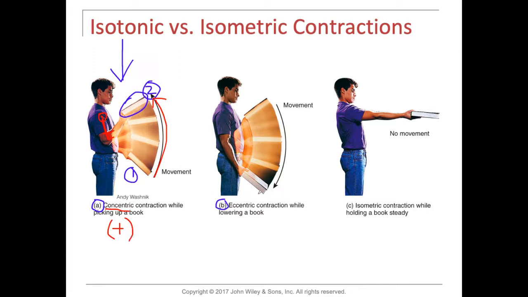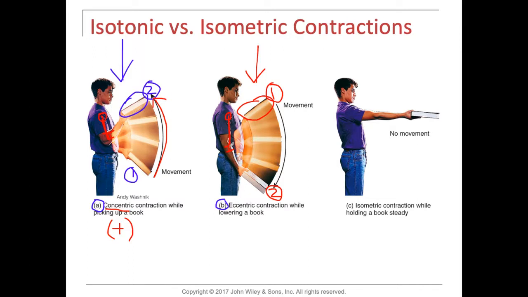In contrast, in B, now the starting position is up here, number 1, and the finishing position is down here at number 2. Gravity is still working downwards, and here they are lowering the load or the resistance of the weight at a slower pace than gravity wants to take it, right? If this was a 100 or 200 pound weight plus gravity, the arm would just fall. But here you're in complete control of that movement, slowly lowering it in a way that the origin and insertion are moving further away from each other.